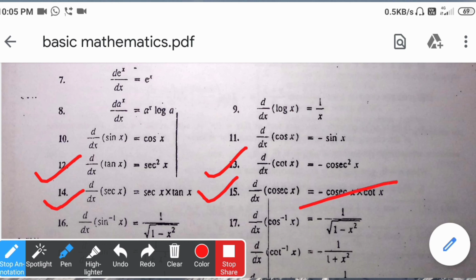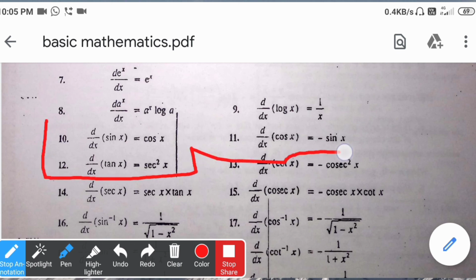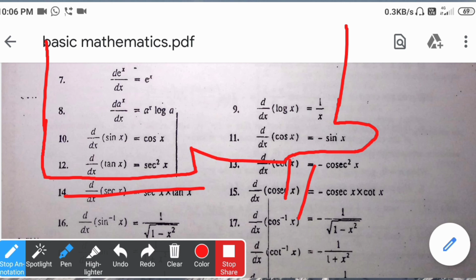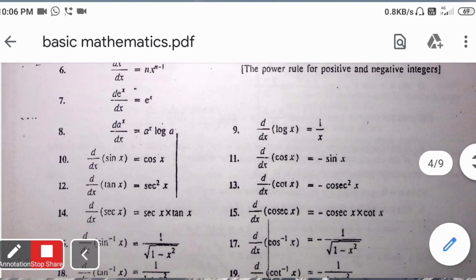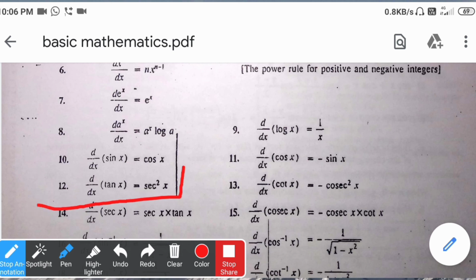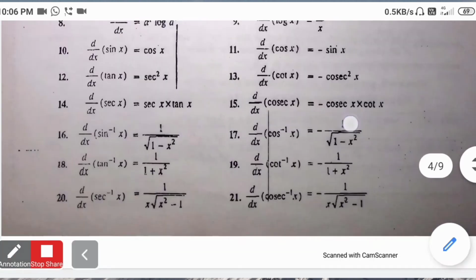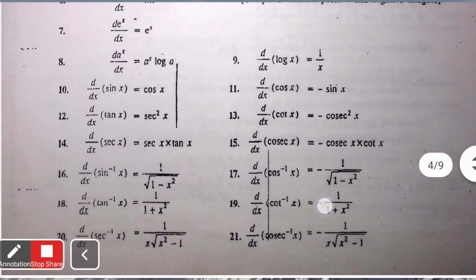Okay, so out of these formulas, the last three are not that much useful, but sometimes the wave function might consist of that variable part, so there we can use those formulas, but most often we use the other formulas, up to formula number 12. Up to formula number 12 you should remember all the formulas of differentiation. So make a chart of these trigonometric and differentiation functions on a separate page.